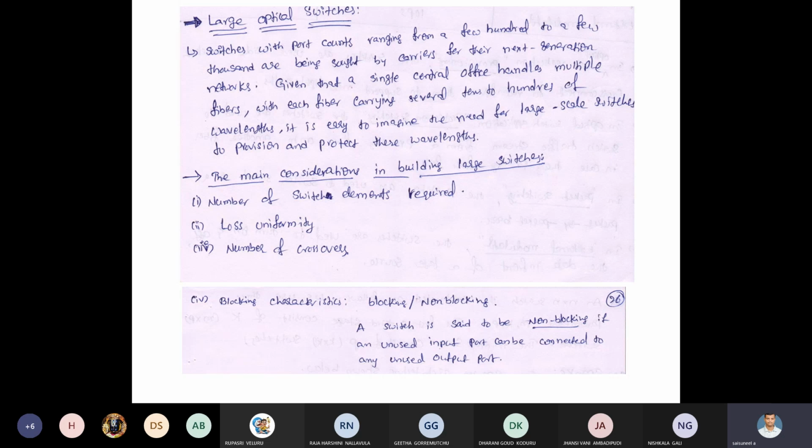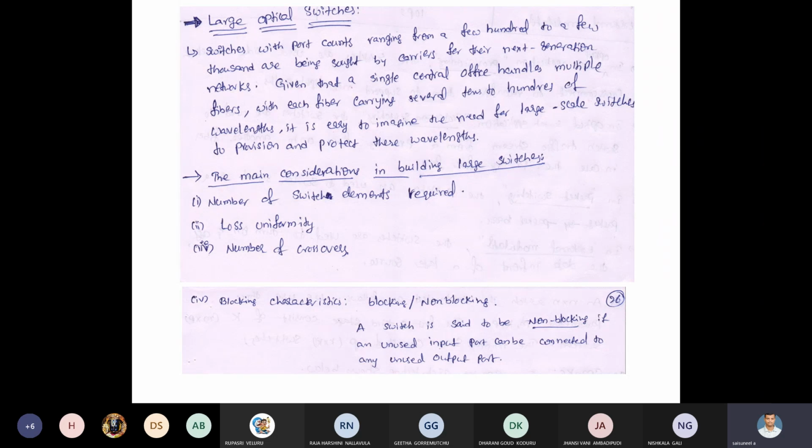What is meant by blocking and what is meant by non-blocking? Blocking is, suppose customer 1 is connected to customer 2. Already the line is in progress. Suddenly customer 3 tries to connect to the second one. At that time, we get blocking. Already 1 and 2 are connected, so we get an engaged signal or call waiting. That is the blocking.